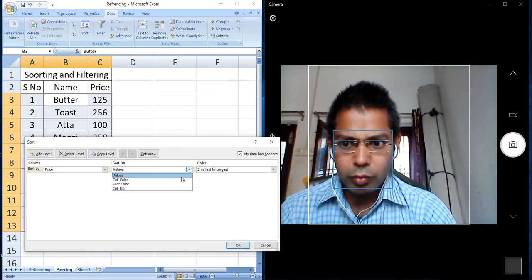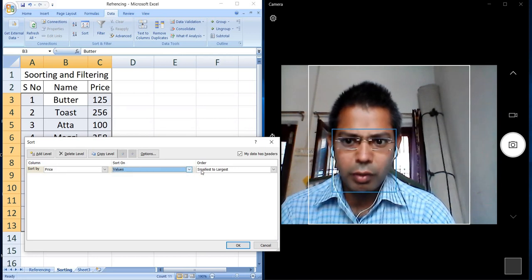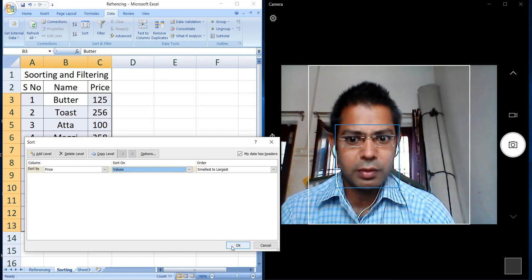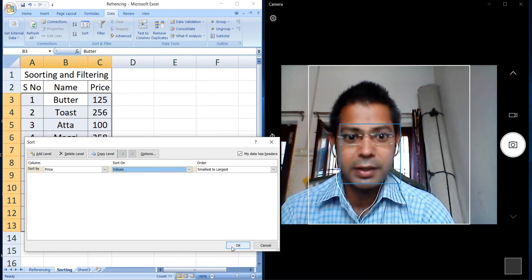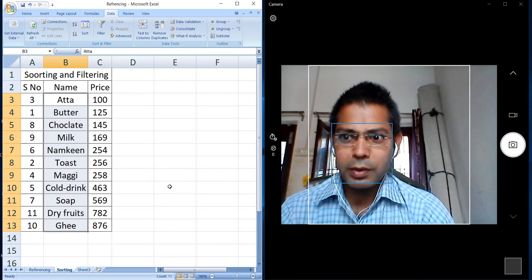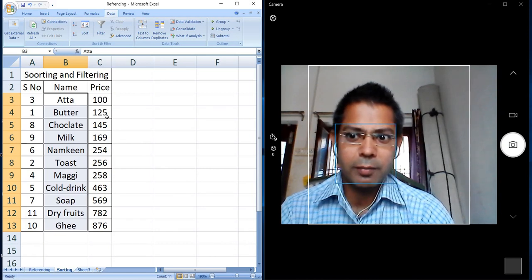It can also be sorted by cell color, font color, cell icon, smallest to largest. Smallest to largest. And now, okay, the smallest value is 100 rupees, atta. You take care, it should come on the top or the bottom as the selection takes place. You see now 100, 125, 145, 169, 254, 256, 258 and so on.